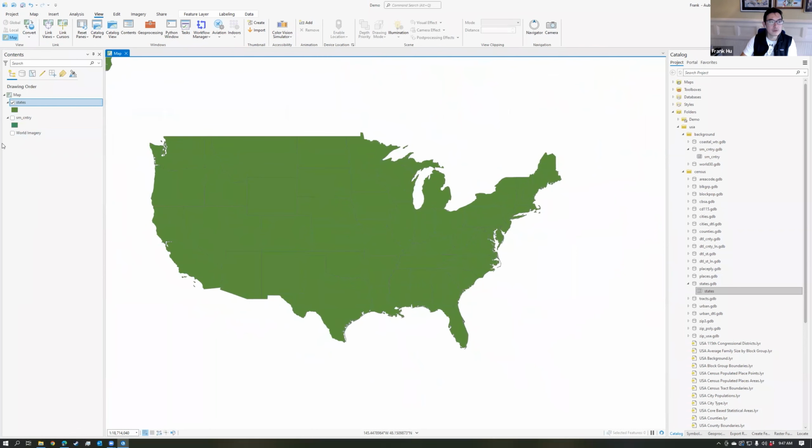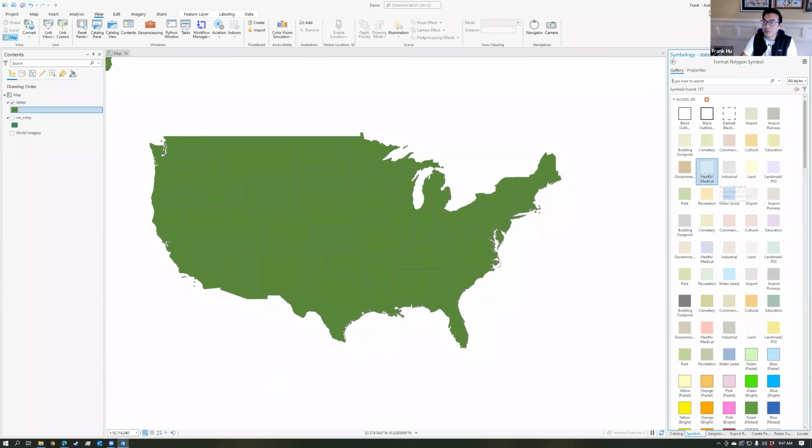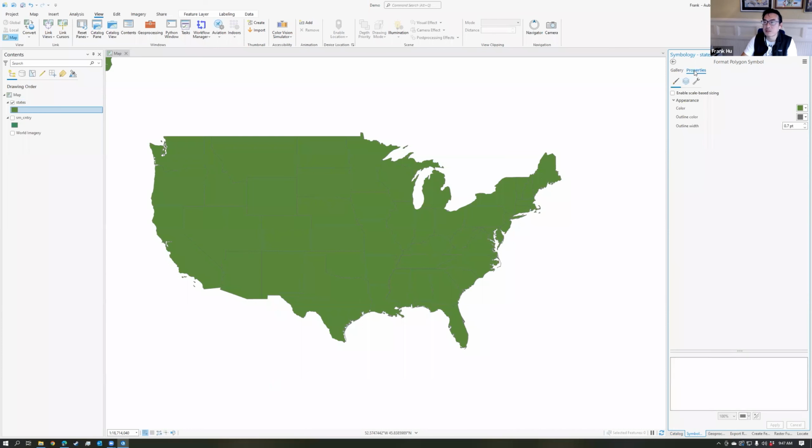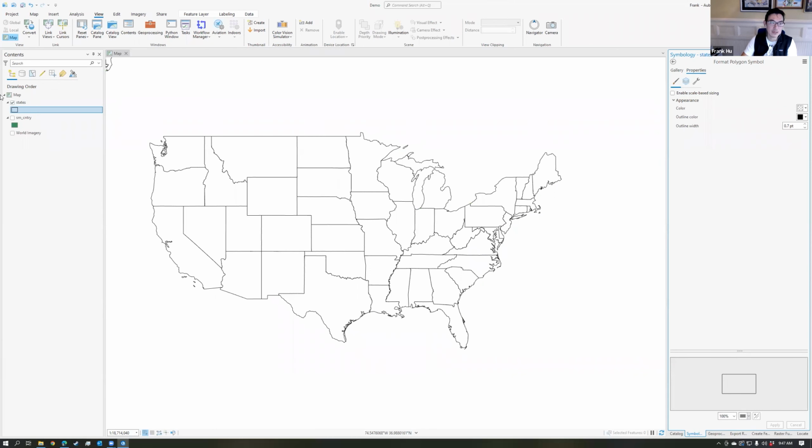If you simply click on the symbology icon right below that state line right there, you can either pick from a series of pre-made symbology options, or you can go to this properties button there and change, for instance, the color and outline color. So if you want to do a very simple outline of the states, you choose no color, and then an outline of, say, black. And then you can hit apply right there,